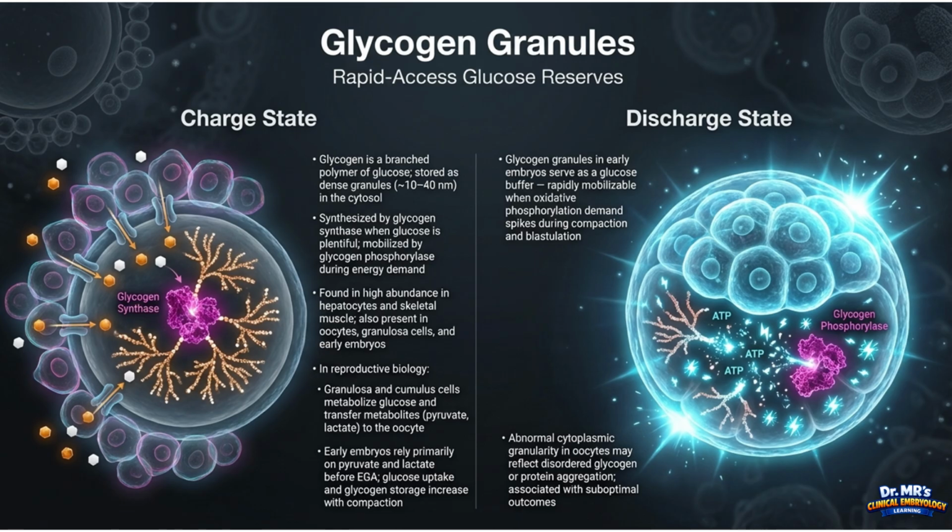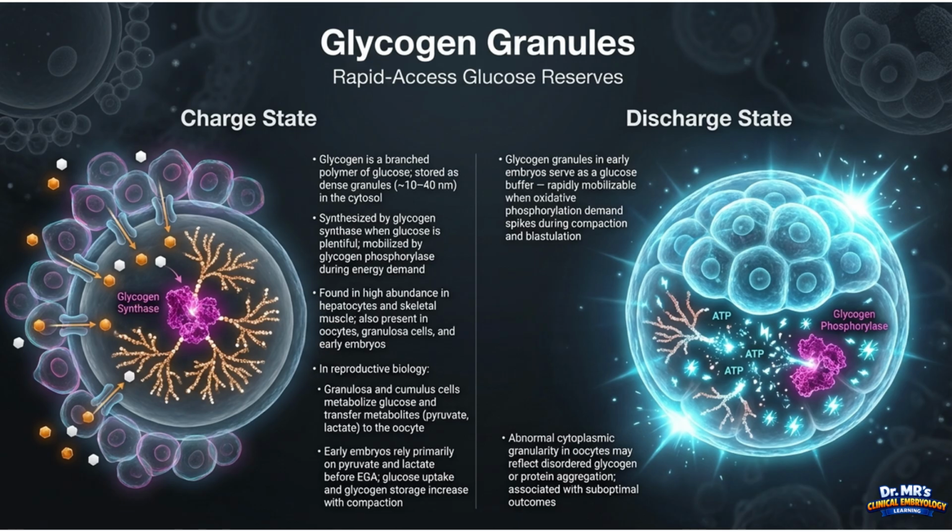Here is the clinical connection. The diffuse or coarse cytoplasmic granularity that we observe in some oocytes under light microscopy may, in part, reflect abnormal aggregation of glycogen granules or protein aggregates in the cytosol. This granularity is associated with suboptimal developmental outcomes, likely because it reflects underlying cytoplasmic disorganization that impairs the normal spatial